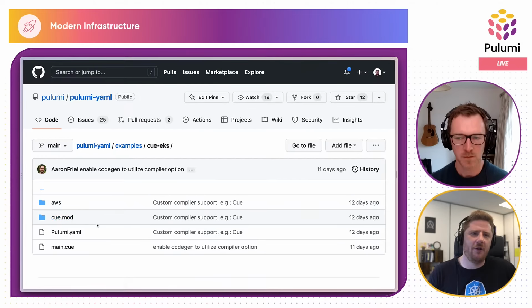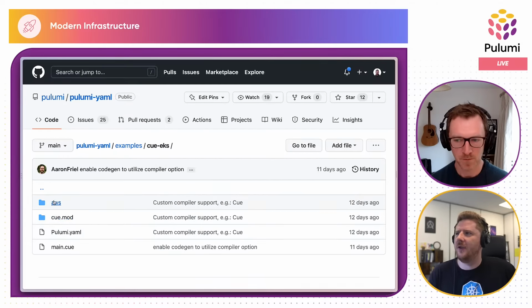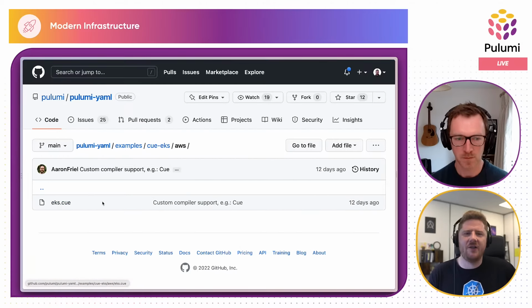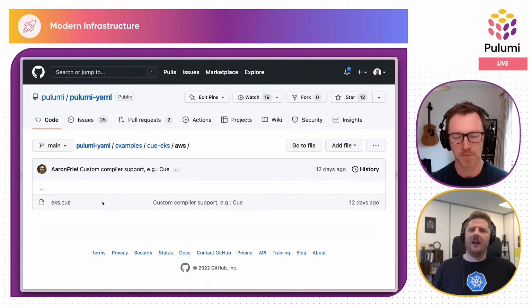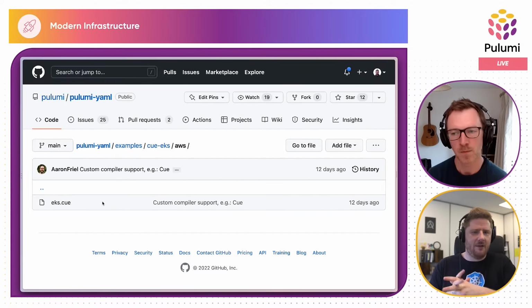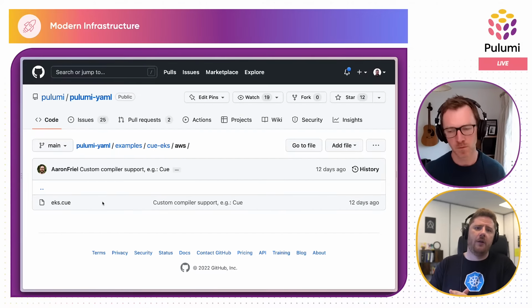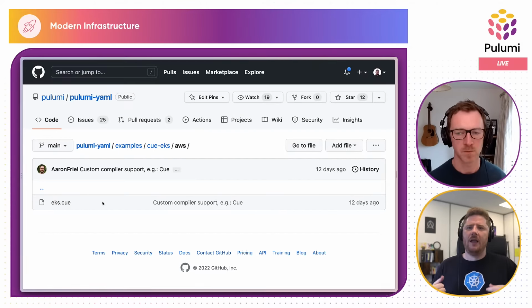I actually used a Q.mod for this, so that we could provide packages that could be consumed, which I thought was quite cool because in my head, and maybe this loops back to what you were talking about with the package manager support for Q, and maybe there being a registry, there's no reason I couldn't build out an entire repository or libraries of abstractions built on top of GCP, AWS, Azure, Cloudflare, etc. And people could just consume and use them, which I think is really powerful.